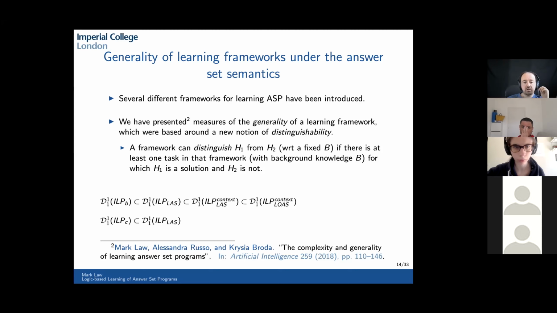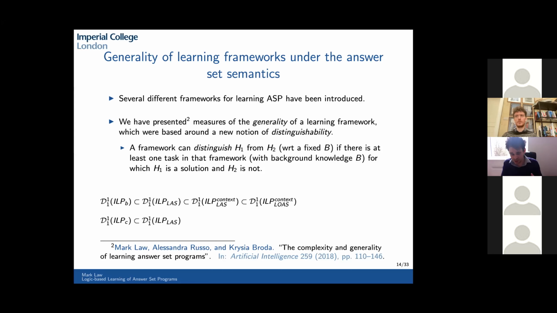The final thing that we showed was that the most general learning setting, the one with context-dependent examples and ordering examples, is capable of distinguishing any pair of ASP programs so long as they are not strongly equivalent. For those of you that aren't familiar with the term, effectively that means that there is some way of the programs behaving differently. I would argue that that's about as far as you'd want to go with the distinguishability of a learning framework, because you don't want to distinguish between two programs that behave exactly the same. And so this is actually quite a fundamental result for our learning approach.